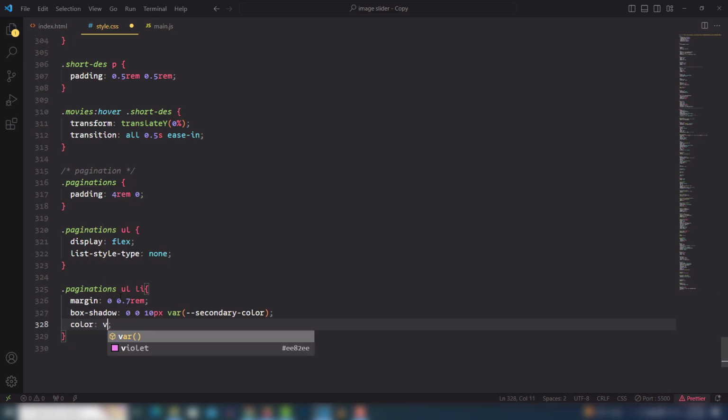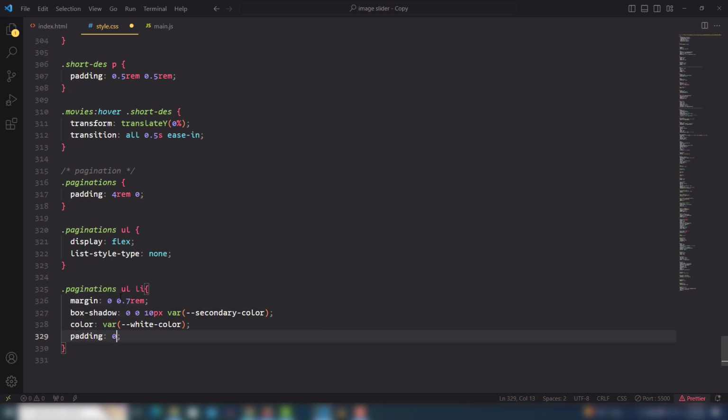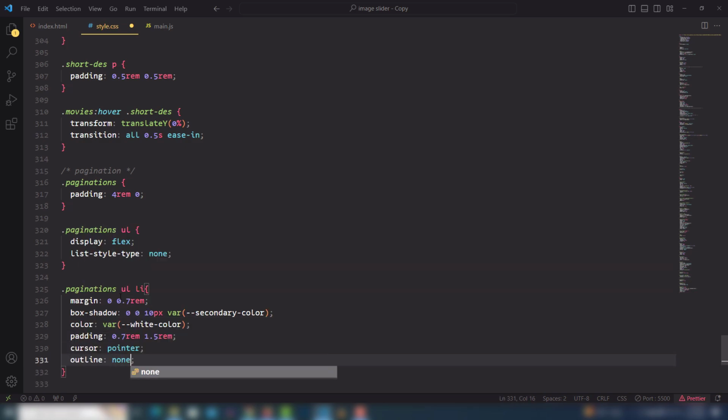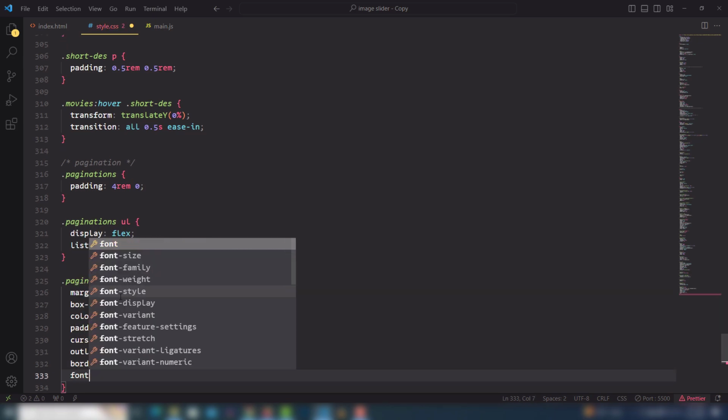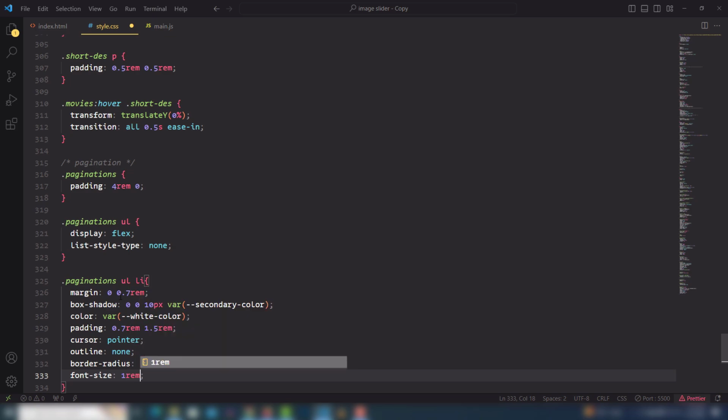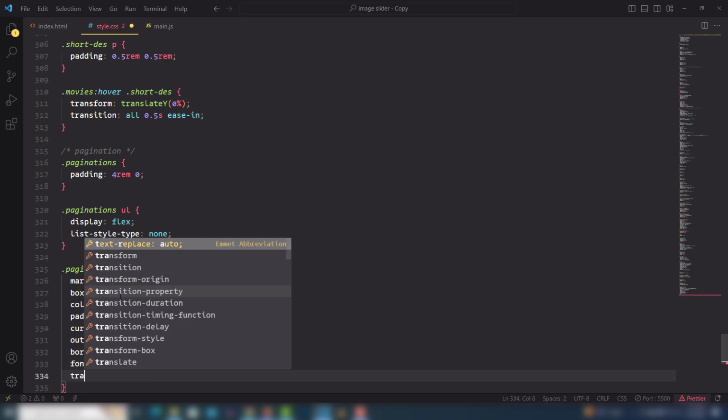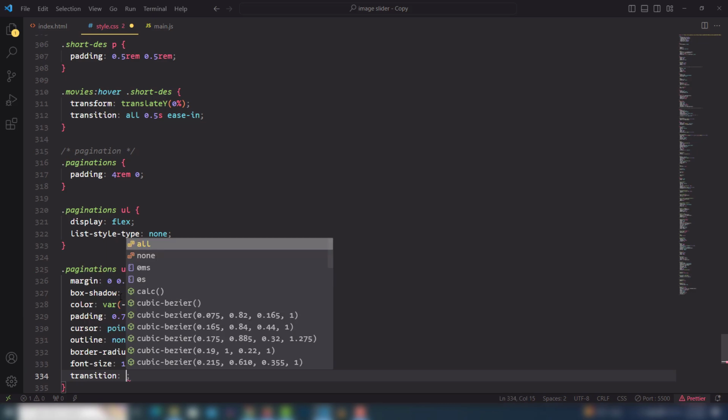And the color is white, and I'm going to use padding to make a space, top and bottom 0.7rem, left and right 1.5rem, cursor is pointer, outline is none, and border-radius is 5px, font-size is 1rem, font-family is inherit, transition is